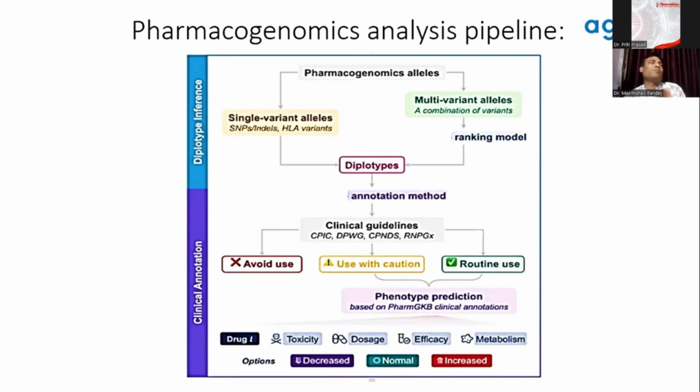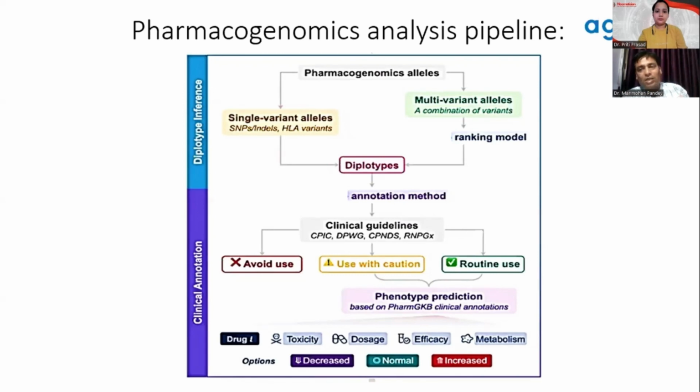All these variants are known variants, based on different studies. I will show in the later slides how these studies help us find the association of different variants to certain diseases. Based on that, as I've already told, we have clinical guidelines, which are well-established guidelines. These variants are annotated, whatever is present in CPIC, DPWG, CPNDS, and RNPGx. They have a list of pharmacogenomic active variants, and based on those annotations,